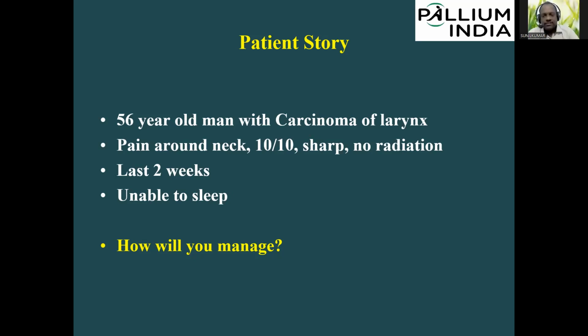So what is the severity of the pain in this patient? It's 10 by 10. So that means what type of pain it is? Mild, moderate, or severe? It's severe. So we can divide the pain into mild, moderate, or severe according to the pain score. 0 to 3, you can call it mild pain. 4 to 6, it's moderate pain. 7 and beyond, it is severe pain. So this patient has a 10 by 10 pain, which indicates the patient has severe pain. So if the patient has severe pain, which step of WHO analgesic ladder should we use?